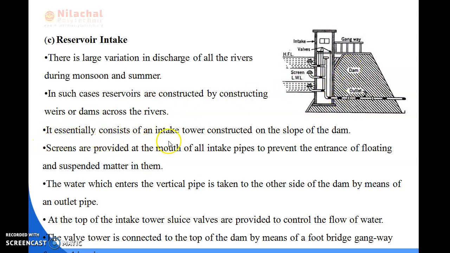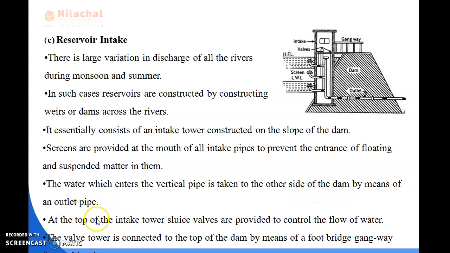It essentially consists of an intake tower which is constructed on the slope of the dam, and screens are placed at the mouth of the intake pipe to prevent the entrance of floating and suspended matter. You can see here the screen. This is one type of screen provided at the mouth of the intake pipe to prevent the entrance of floating or suspended material. The water which enters the vertical pipe